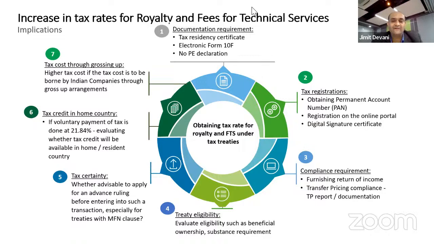Is electronic 10F mandatory for a foreign vendor even if no PAN? Yes, it is mandatory for a foreign vendor. Even they will have to obtain a PAN and file 10F. Can we give treaty benefit with manual 10F? No, you cannot give the treaty benefit with manual 10F after 30th September. If you do not have a PAN, you can give the treaty benefit till 30th September. After that, the foreign party will have to obtain a PAN and get an online 10F compulsorily.